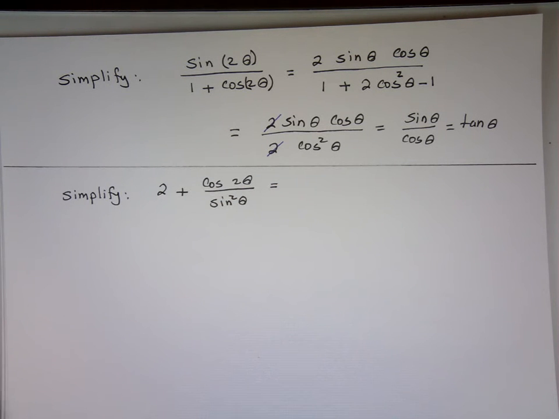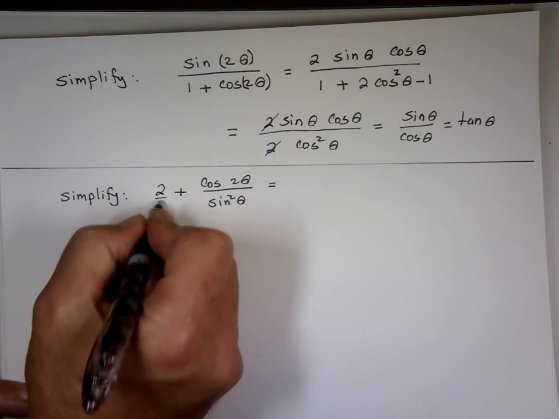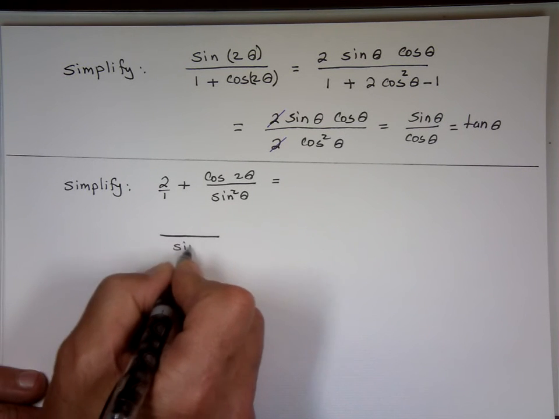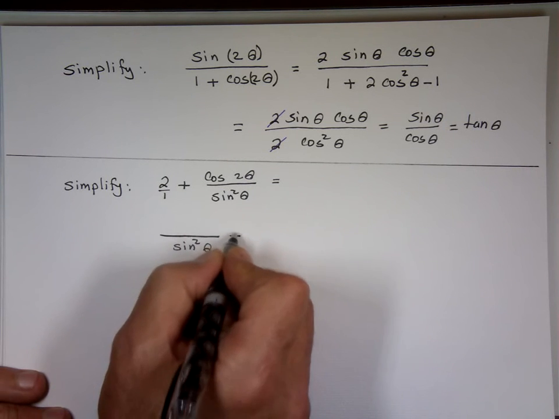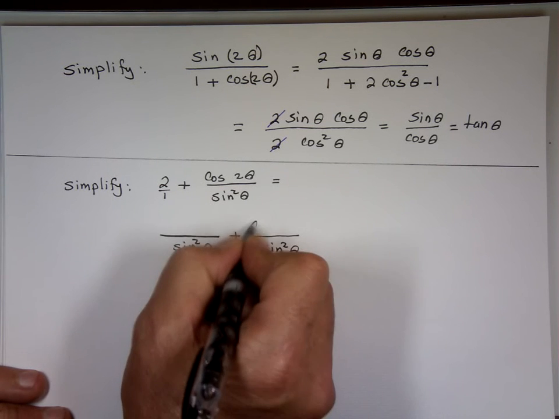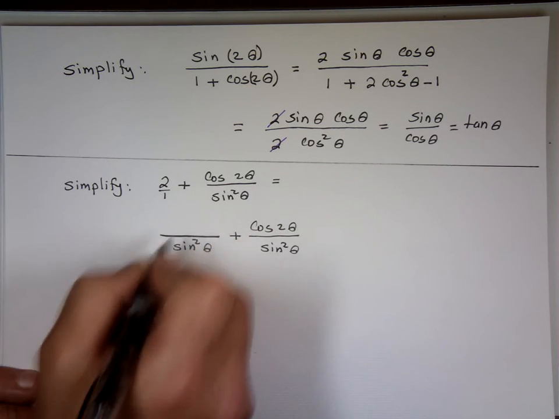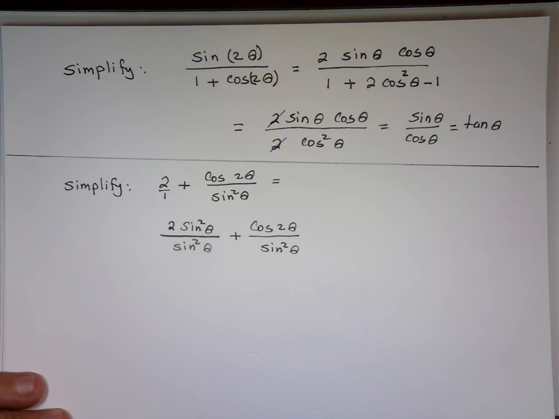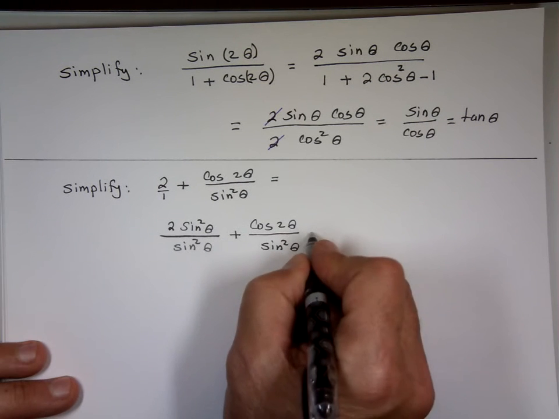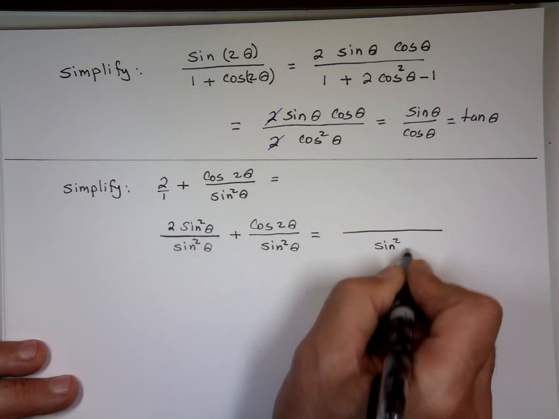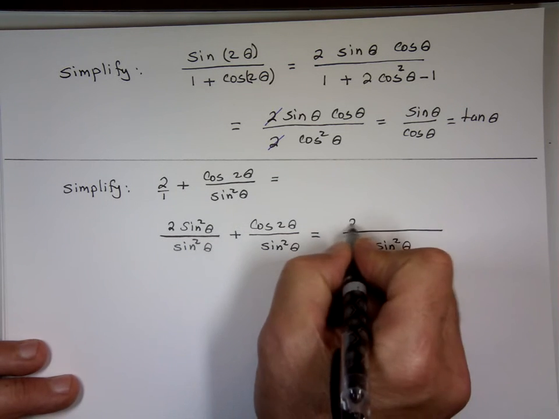Well, before I switch this one, let me look at that problem a little bit. The 2 is 2 over what? 1. If you're going to add fractions, what do you need? LCD, right? So do it now or do it later. Trust me, you have to do it. You don't have a choice. And that'll be what? 2 sine squared, right? This is what? 2 sine squared theta